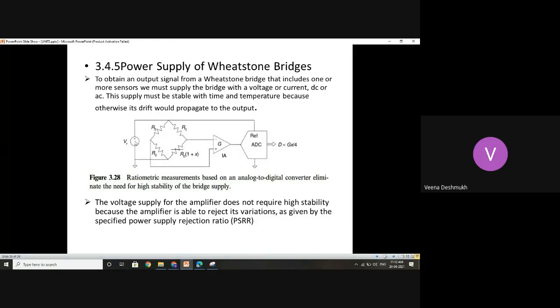Now, due to these voltage variations, not only the voltage, the current which is flowing in these arms will definitely change. Sometimes, due to variation in the resistors, if self-heating is not taken care of, then also the current varies because the resistors are changing, so the current is changing. So under such cases, the current variation through these resistors also should be taken into consideration.